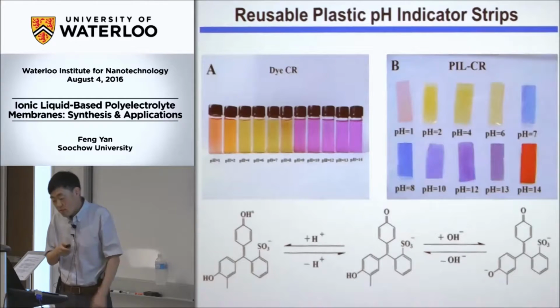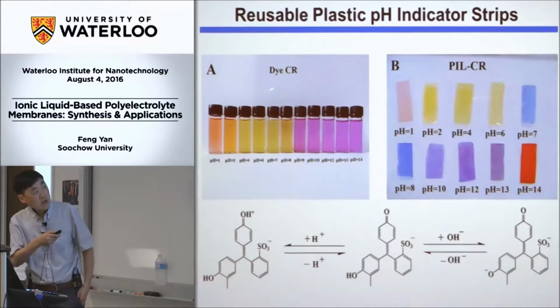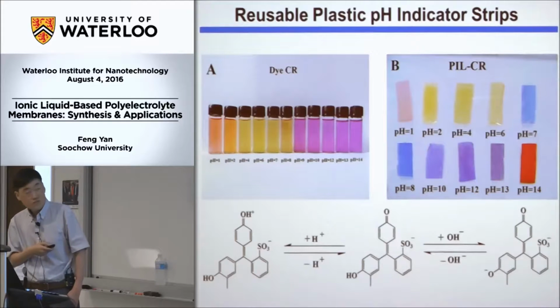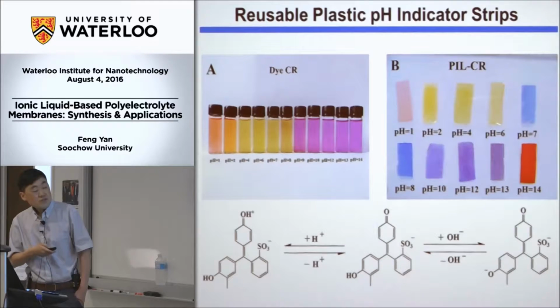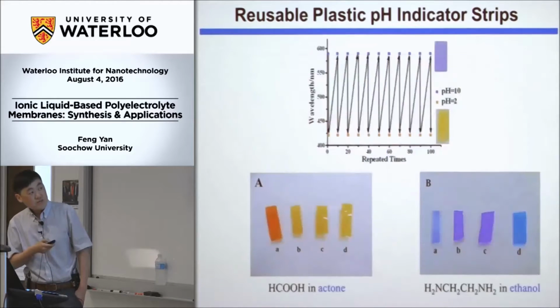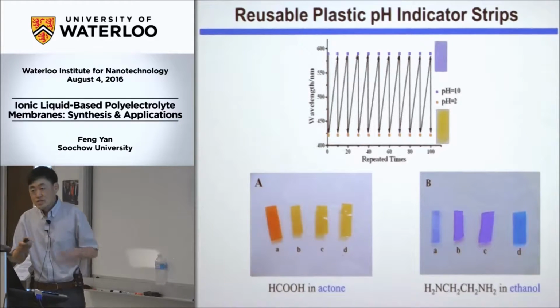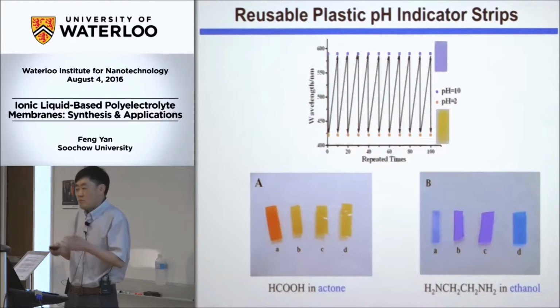So one example is here. This is the color of the dyes in the solutions, and you can see the color changes with the pH values. This is the color change of the membranes we prepared. And it's very interesting. This kind of pH indicator can be reused and repeated more than 100 times without the